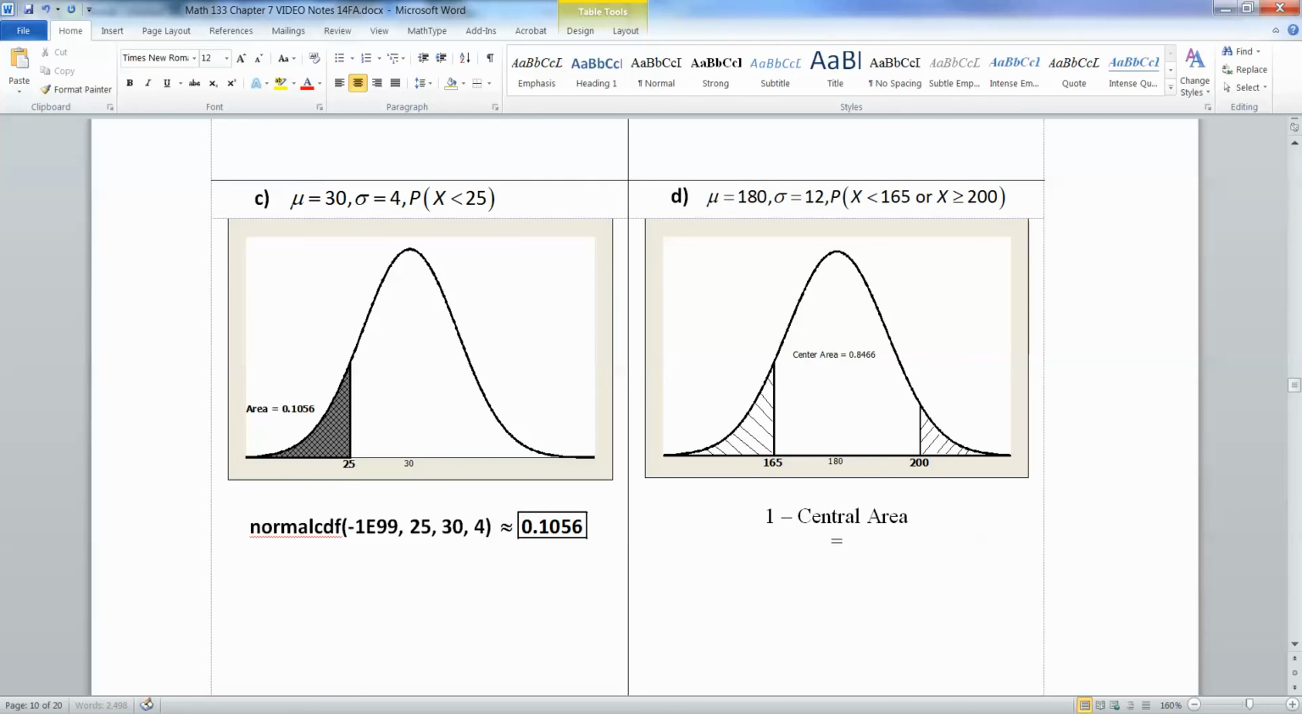And that's 1 minus normal CDF. Now think about that central area. You want the left-hand bound of it and the right-hand bound of it. So the left-hand bound would be 165. The right-hand bound would be 200. The mean is 180 and the standard deviation is 12. So this is approximately 1 minus,